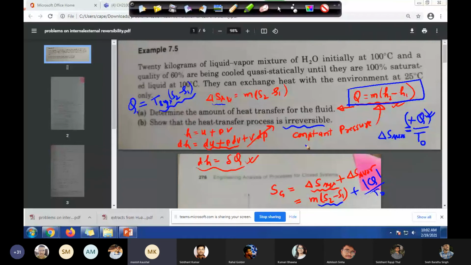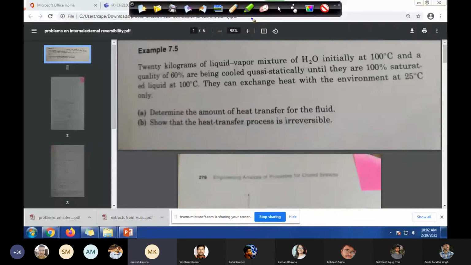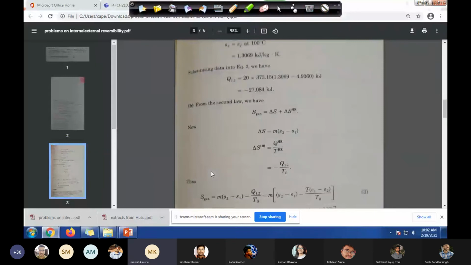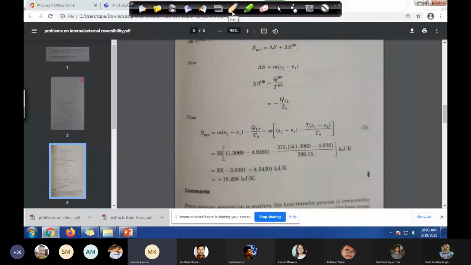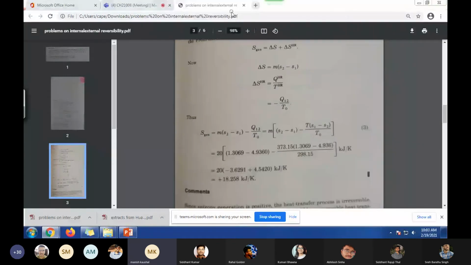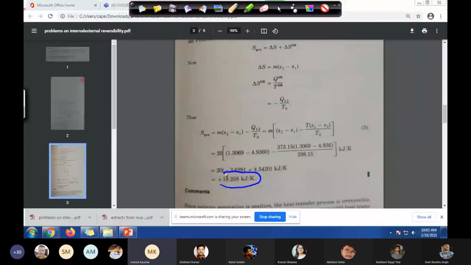So can you repeat the question? I missed it. Okay. See what we have. If you check Sg, as you said, sir, calculate Sg, and the way you suggested it was right. So let's say I calculated Sg, and Sg is coming out to be, here you can see already, a positive quantity. Yes, sir. So S generation is greater than 0. Once S generation is greater than 0, we know that the overall process is irreversible, right? Yes, sir. Overall irreversible.